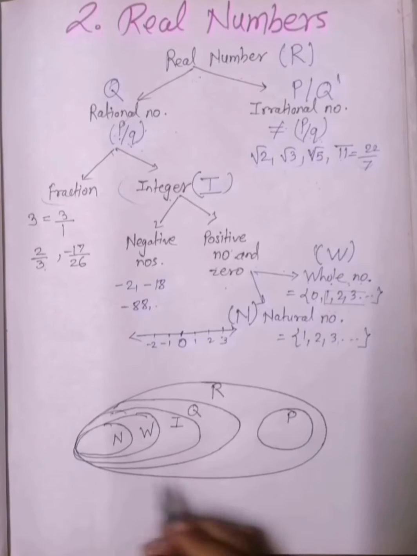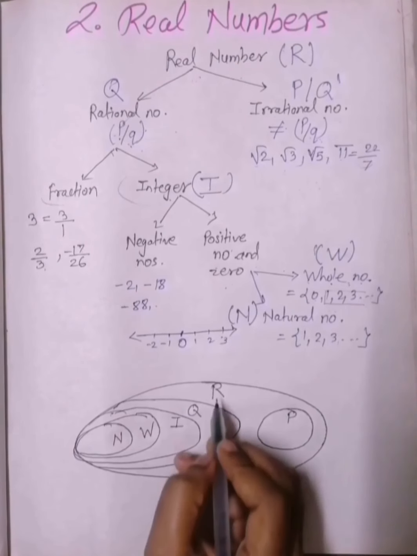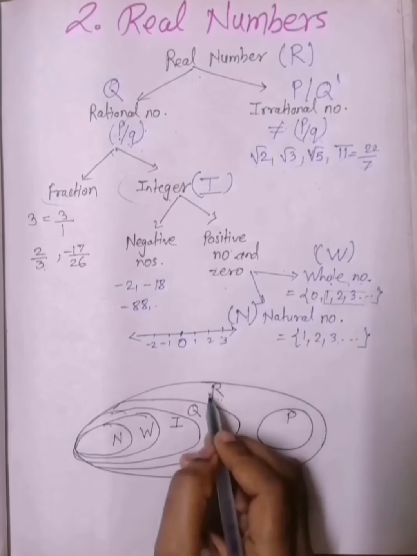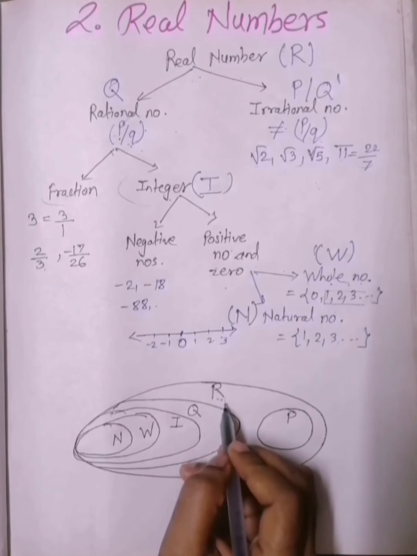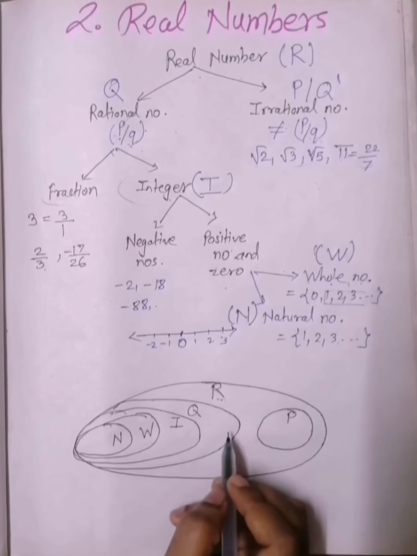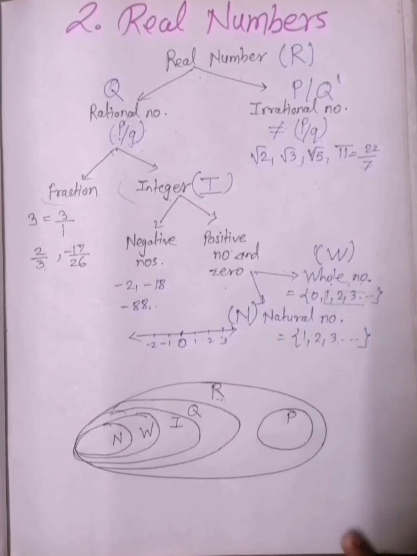So in this way we draw a Venn diagram. This is the real number. The real number is a universal set that we learned in our first chapter. That was sets. Clear, students? So this is the basic concept which we learned in our previous standard and first chapter also. With the help of this, let's start with the definition of rational and irrational numbers, and we learn their concept also.